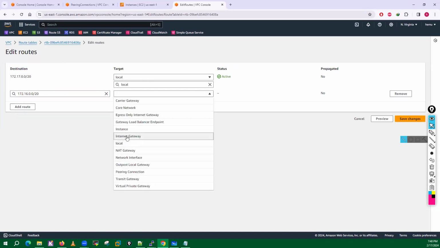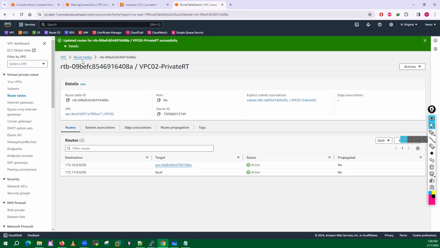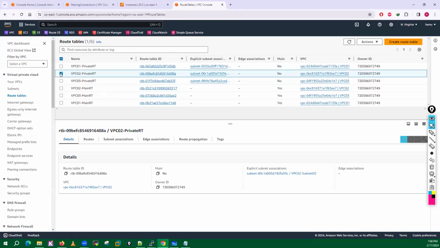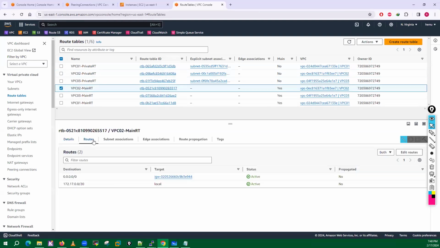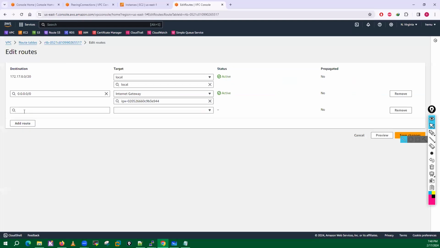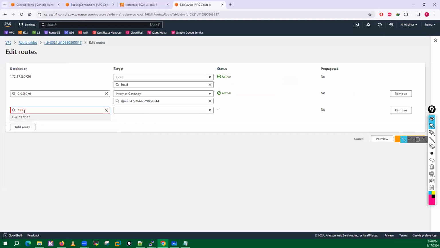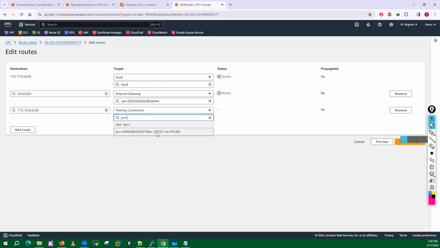Go into the peering connection and just select that peering connection. Now go into the main route table of VPC02, which is this, routes, edit the routes, 172.16.0.0/20, and the peering connection is VPC01 to VPC02.